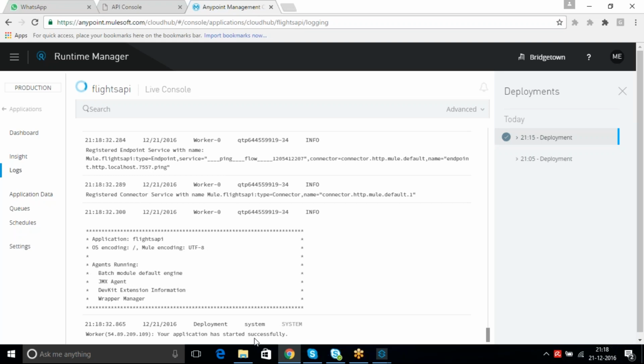Okay, your application has started successfully. It will show the green symbol, so it is completely done.